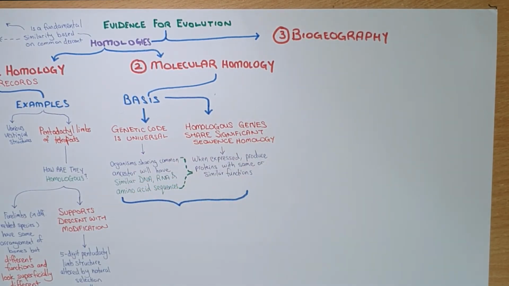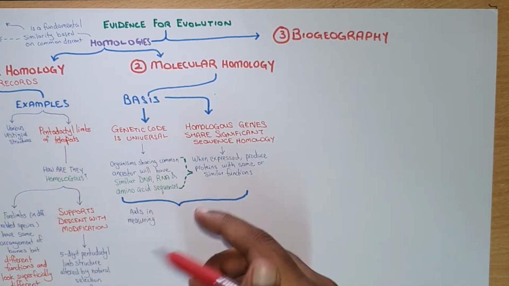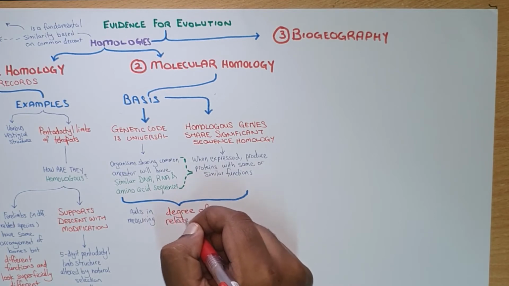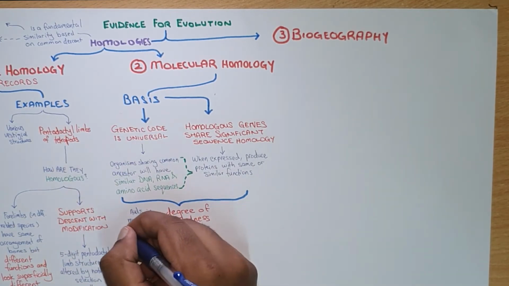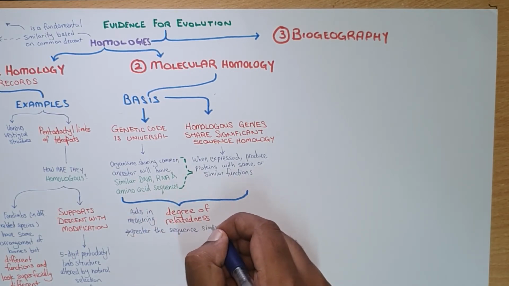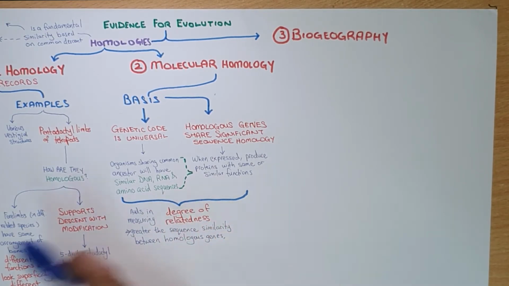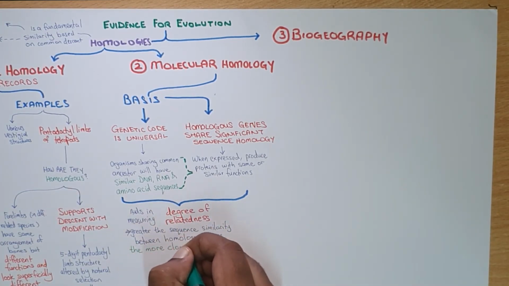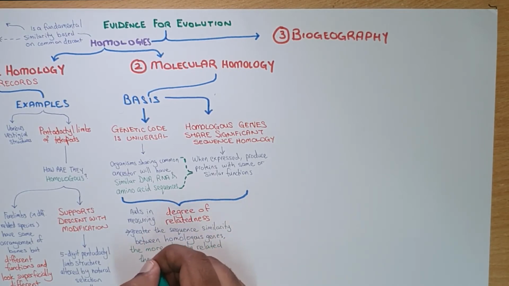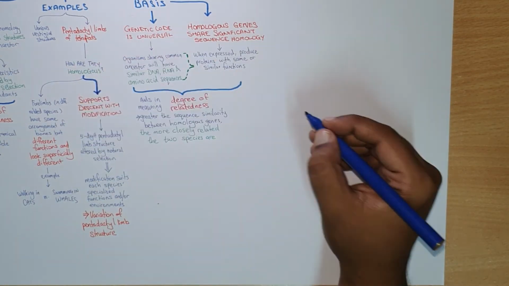And again, molecular homology can aid in measuring the degree of relatedness amongst various organisms. And you know that the greater the sequence similarity between homologous genes, the more closely related the two species are. So now when we have homologous genes and we can use them to compare,